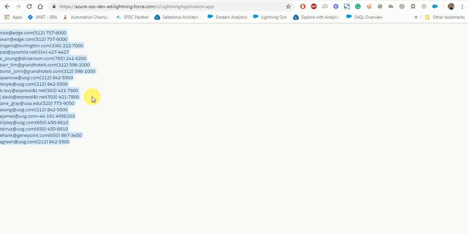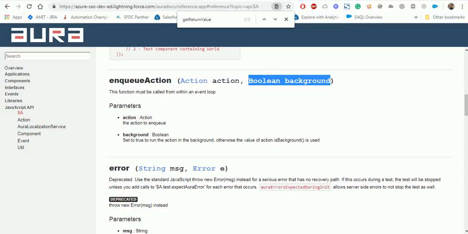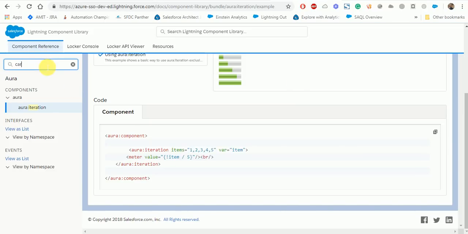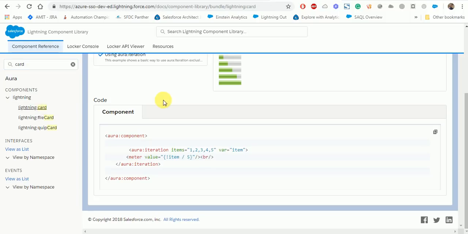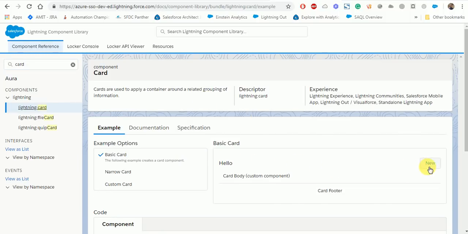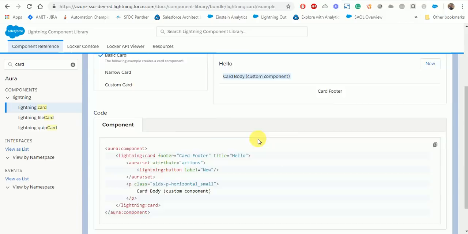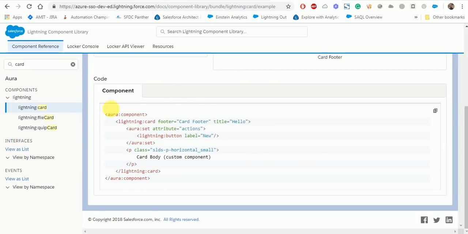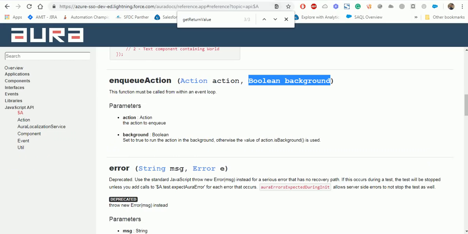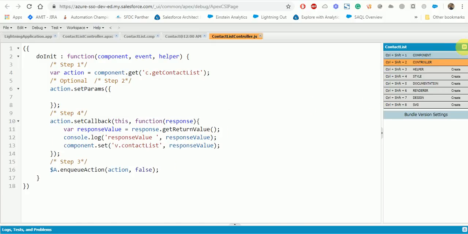If you wanted to change the look and feel, what we will do is use another lightning tag that is called lightning card. What lightning card does is create some layout where we can show the information. It sets the actions, we can set the title, we can set the body and footer as well. So we'll just use this lightning card in our tutorial to change the look and feel of